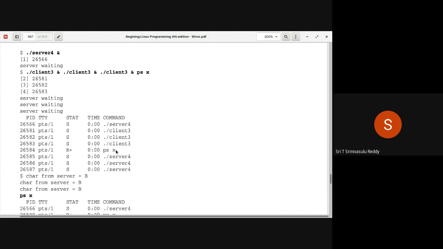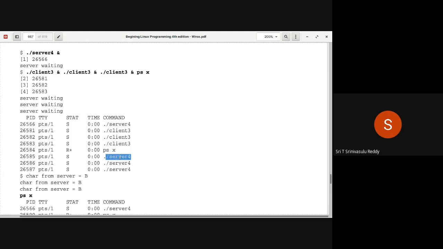Whenever a request comes from client 3 to server 4, server 4 is creating a new process. It is creating a fork. So what is the program that is running in the child process? Same program. That is why another program is created here. This /server 4 is there because of the fork action, so it has got its own process ID, 26585.